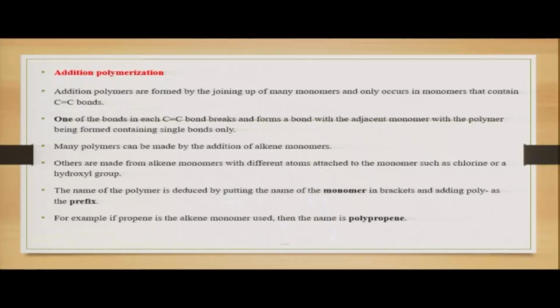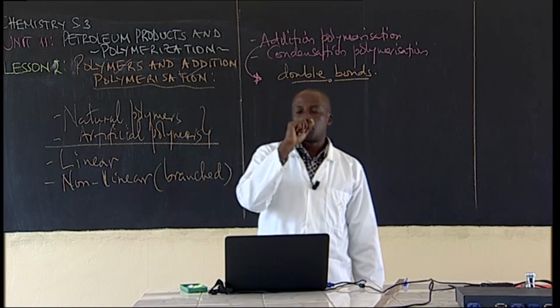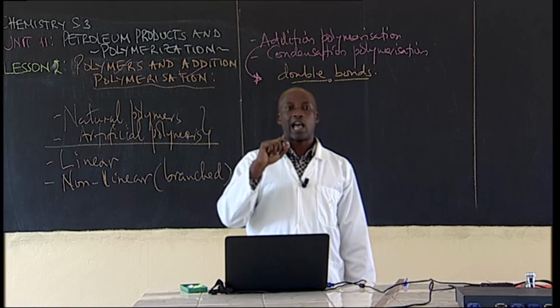One of the bonds breaks and forms a bond with the adjacent monomer, with the polymer being formed containing single bonds. We'll look at that in a short while. Many polymers can be made by addition of alkenes. Others are made from alkene monomers containing chlorine or any other atom. The name of the polymer is deduced by putting the name of the monomer in brackets, adding poly